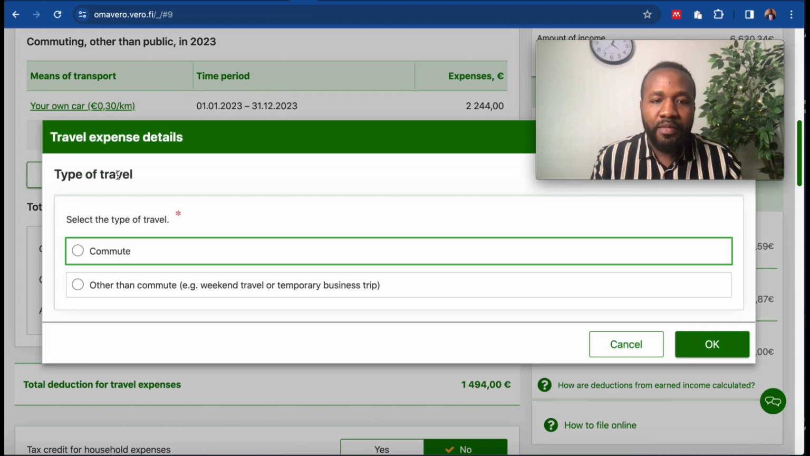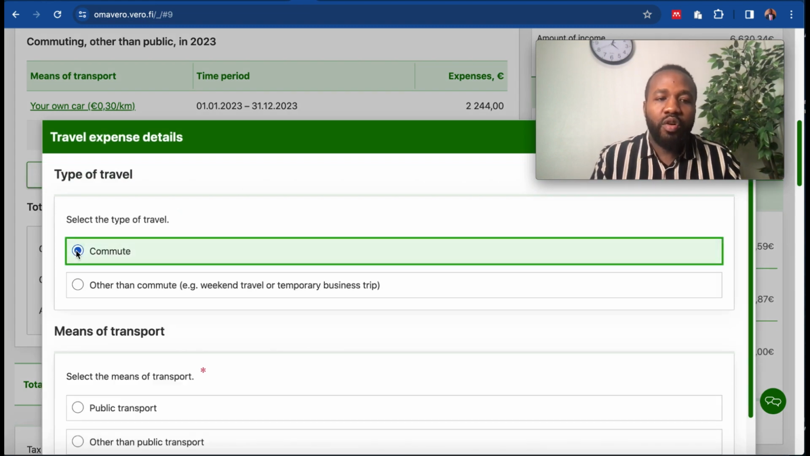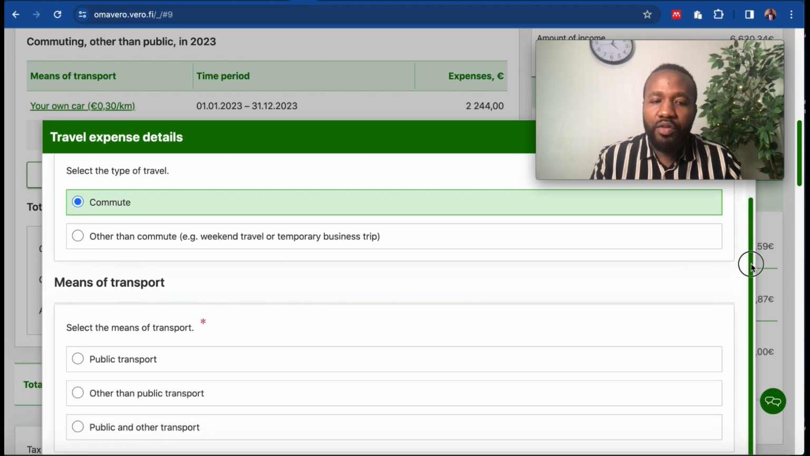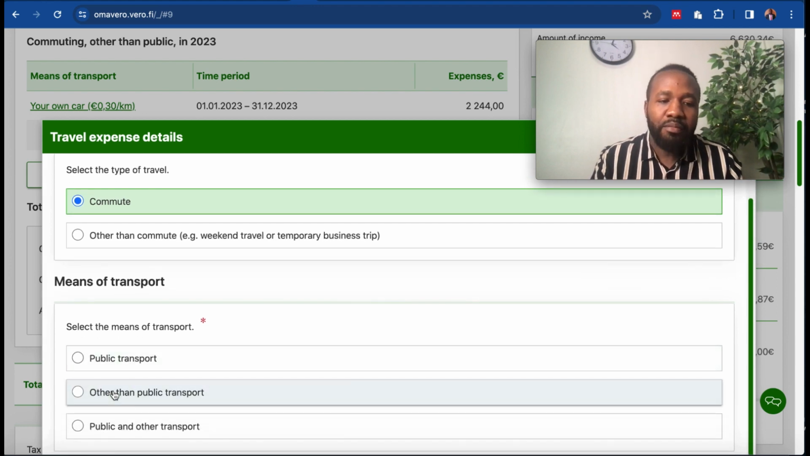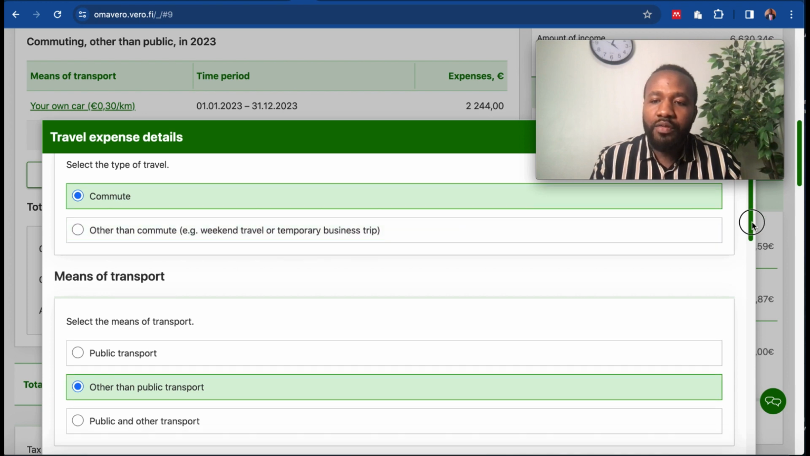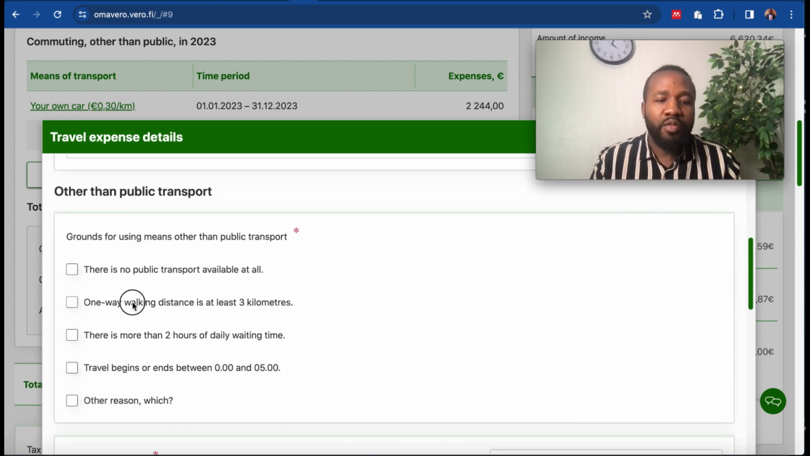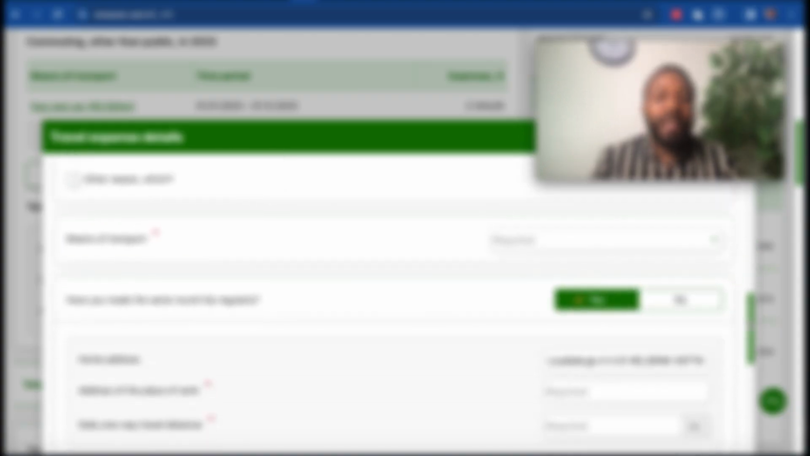You click there, it opens again, and you go to commute, the same thing. If you're using your car, you go the same thing, other than public transport, yes, and you scroll down. You take one-way distance is more than 3 kilometers, yes, it's at least 3 kilometers. And then the means of transport, we still go with using your own car, and this comes automatically, so you're using the round trip. And let's say the next address where you are working is somewhere, I don't know, Van Takatu, it's just an address,